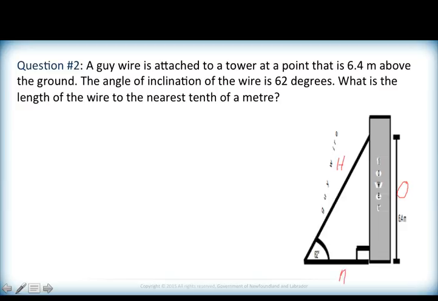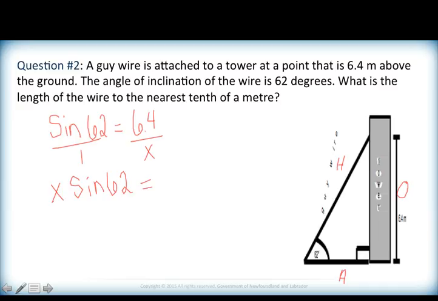And we do not need to use the adjacent side. So again, we're going to use sine 62 degrees, which will equal 6.4 divided by x. So you put 1 underneath. We're going to multiply both sides by x. So we have x sine 62